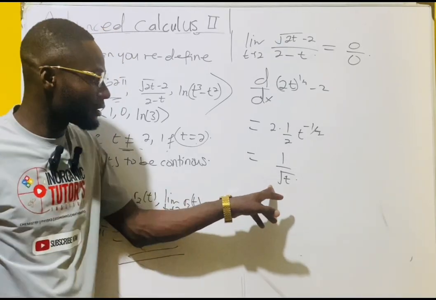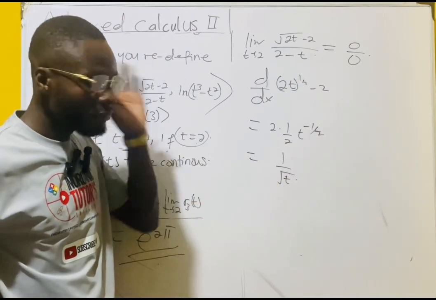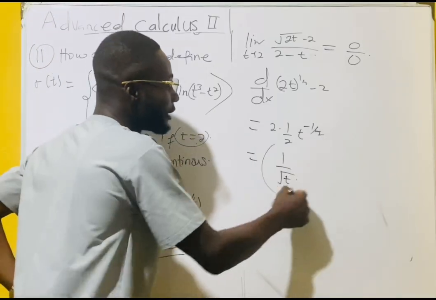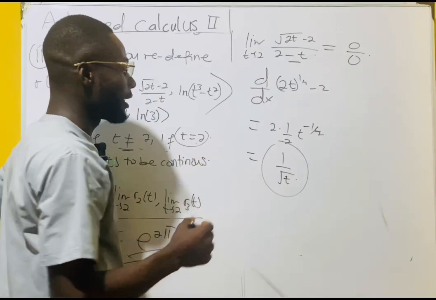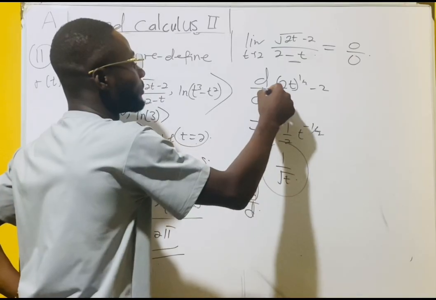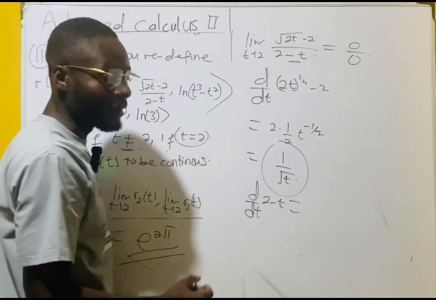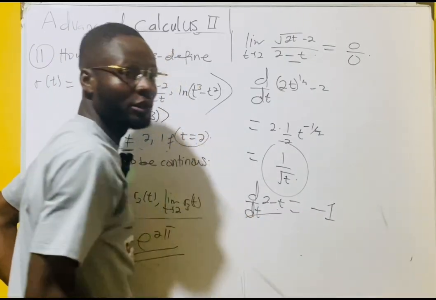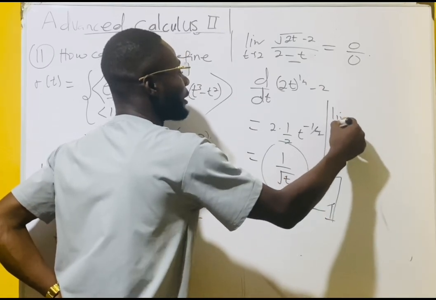If t approaches 2, what are we going to have? So this is the numerator, right? So let's try to differentiate the denominator as well. With the denominator, with respect to t, of 2 minus t, when you differentiate this with respect to t, you're going to have what? Minus 1. So now we can say that the limit as t approaches 2